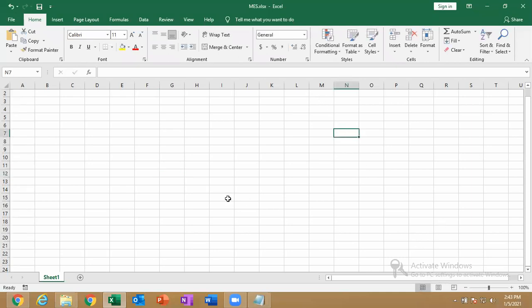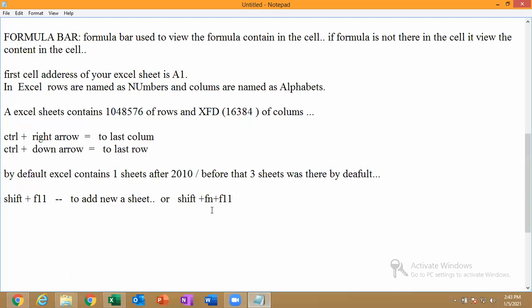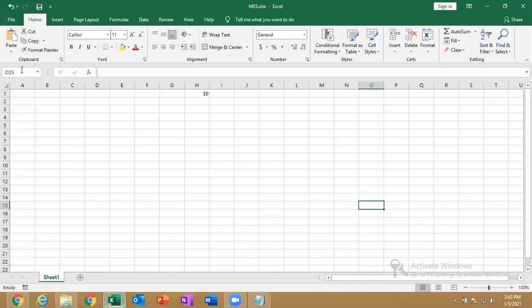Okay. See here. Here, normal. This is a normal view. Whatever I'm having, this is the normal view of your Excel. By default, the default view is normal view.